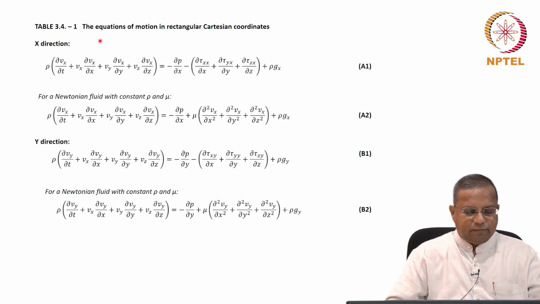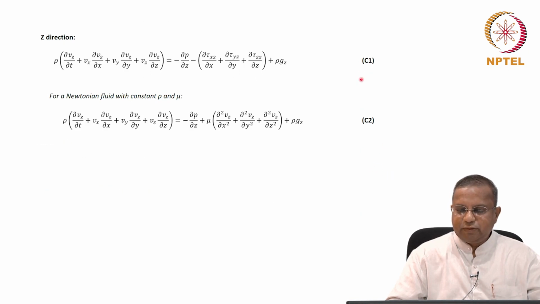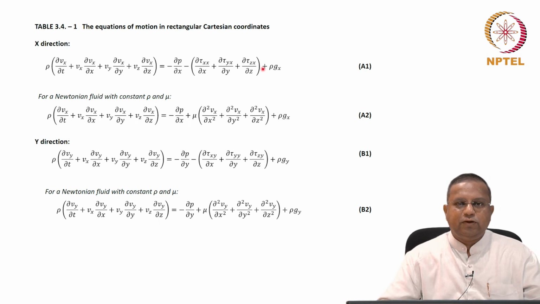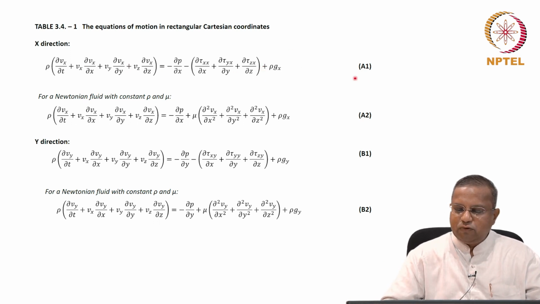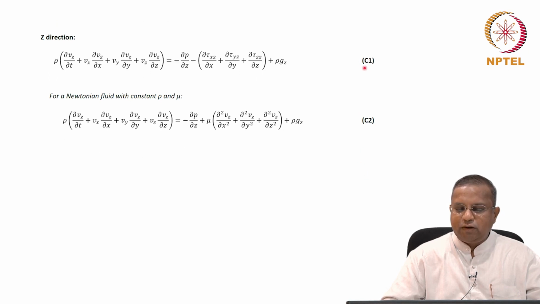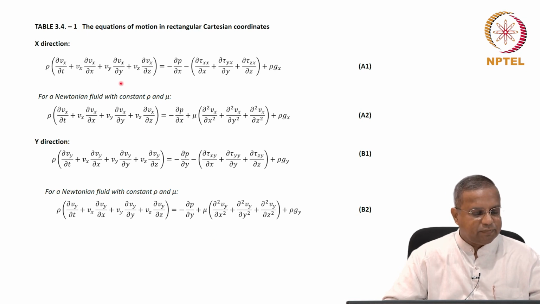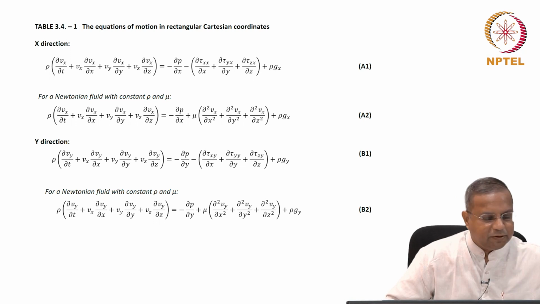So see here, the equation of motion written in Cartesian coordinates. Let us focus on A1, B1 and C1 for the time being. This is the expanded form of the vectorial equation that we wrote. We have written it like this so that we can use it directly. We'll have Vx, Vy, Vz, we can use this directly. Note that A1, B1 and C1 gave us those three terms that we derived. We'll come back to this in a little bit.